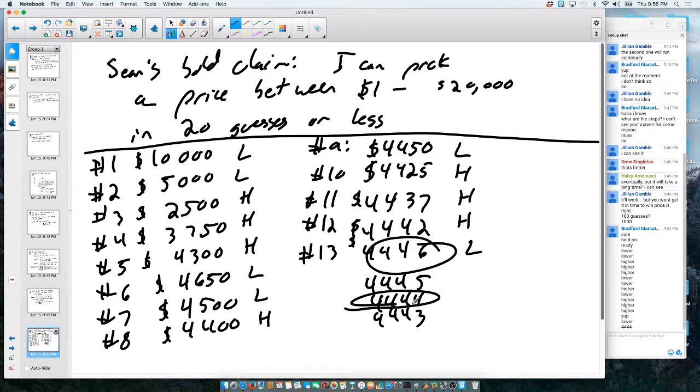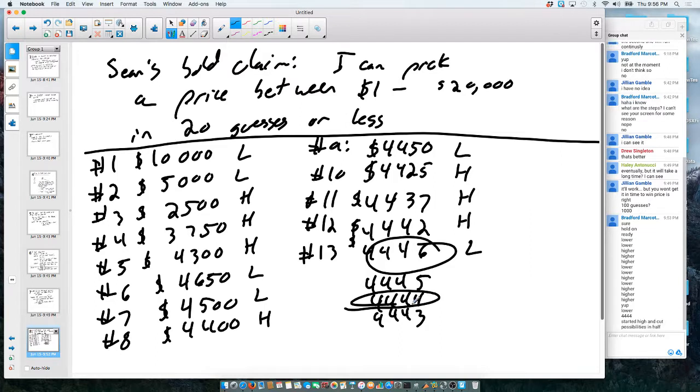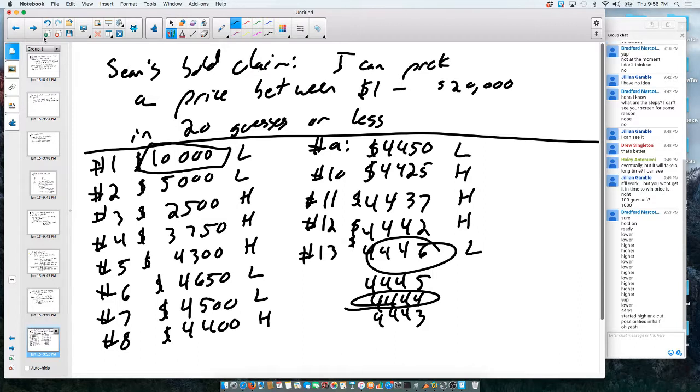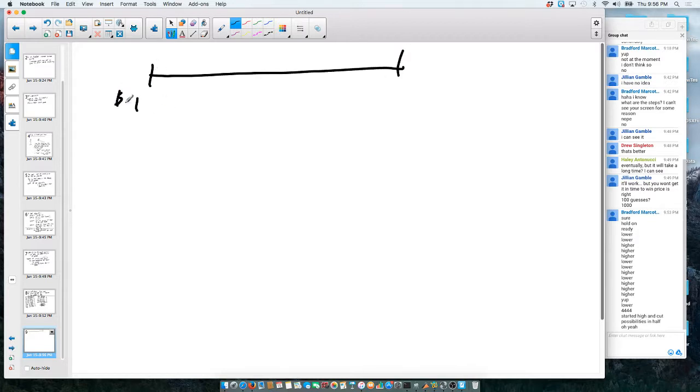Okay. Cool. So what did I do? Can you kind of see what I was trying to do there with the way I made my guesses? Right. So I didn't start high. I started in the exact middle. Generally speaking, at the start I don't know the price, but I know it's somewhere on a number line between 1 and 20,000, right? And I know that if I guess 10,000, you're going to either tell me higher, in which case I chop out everything from 1 to 10,000. I just lost 10,000 possibilities. Or you're going to tell me lower,